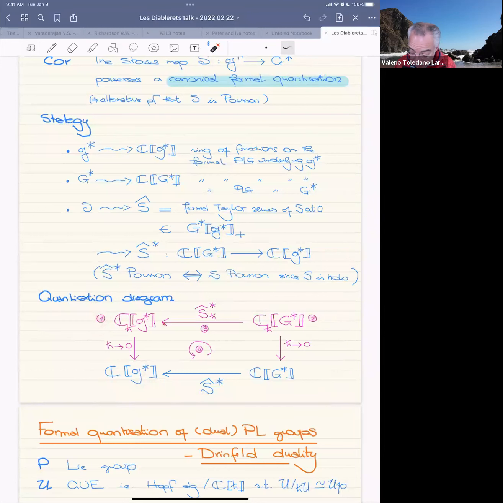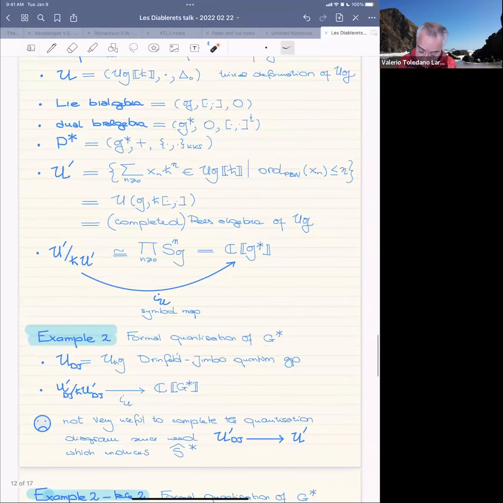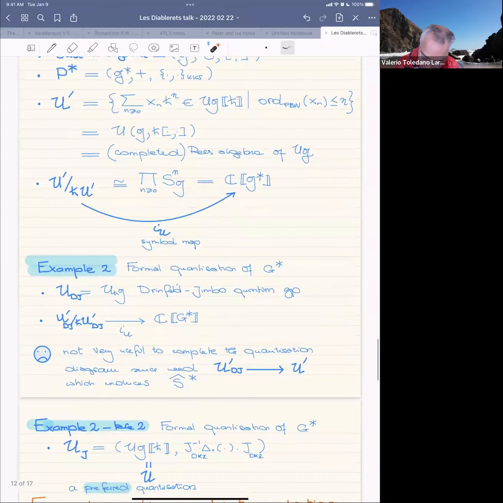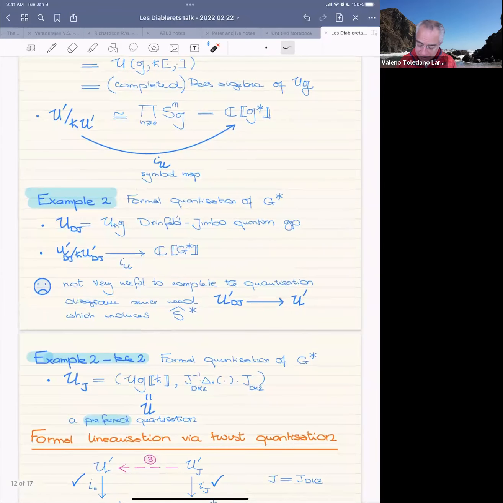But the next step is we want to establish that there is a map between those two things, right? And for that purpose, starting from the actual Drinfeld-Jimbo quantum group is not very useful, because you have to produce such an isomorphism, and then you have to complete the final step, which is to show that it induces the Stokes map. And those are very difficult things to do with this Drinfeld-Jimbo quantum group. So we're going to take another candidate for this quantization. And so we're going to do a take two of this example.